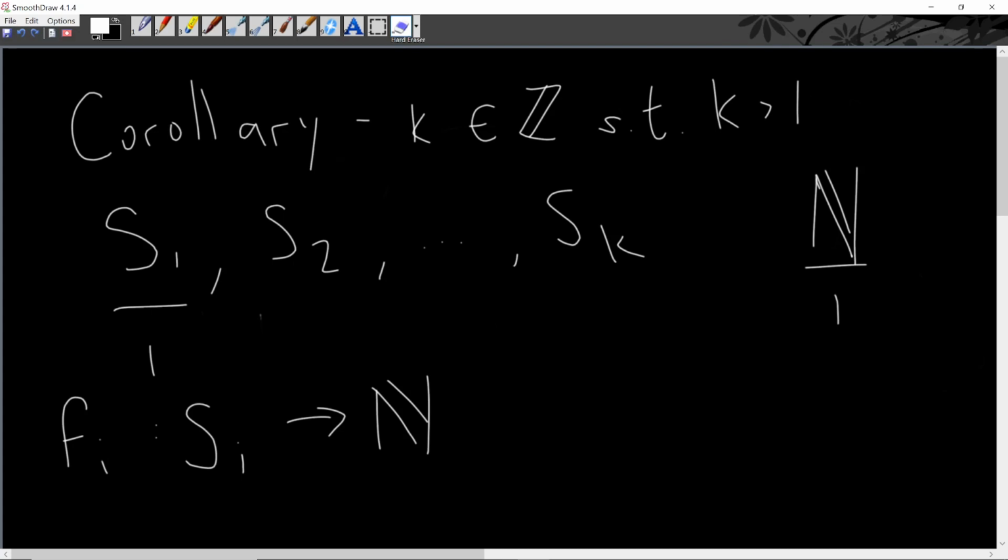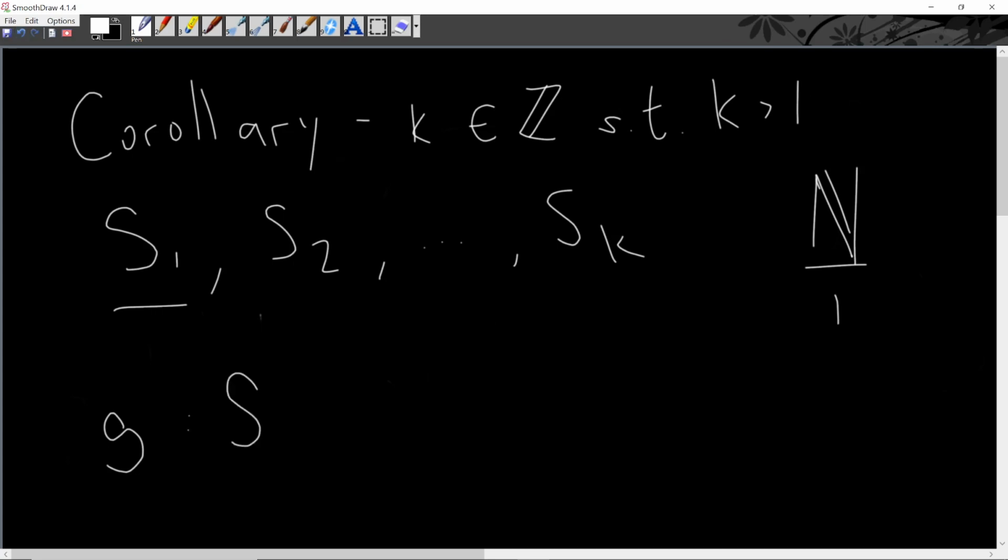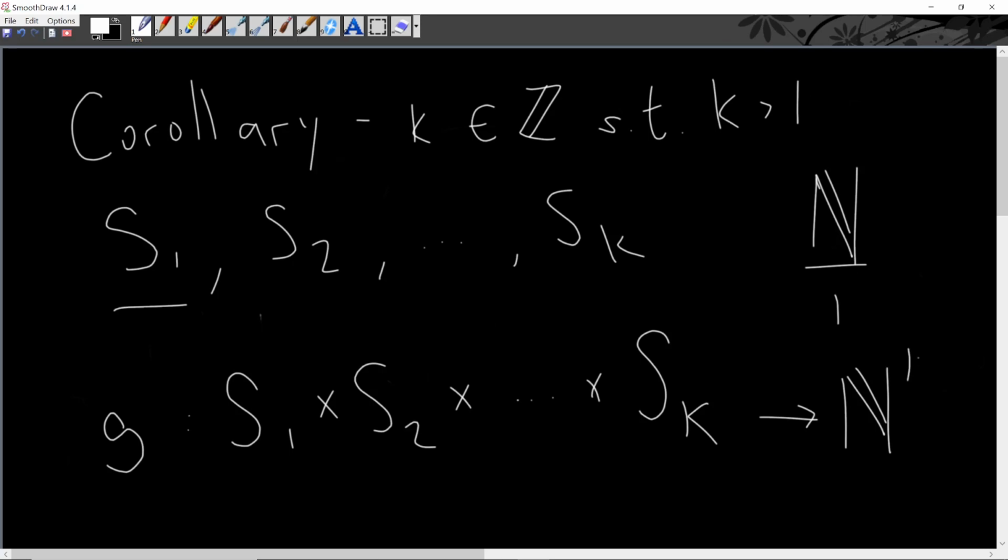And then you can also describe the mapping of g, some other function, as the mapping of S1 times S2 times a bunch of other sets until we get to Sk, and this will be the mapping of n to the power of k, and I guess that makes sense. If we think about it, if we map every element as the Cartesian product of